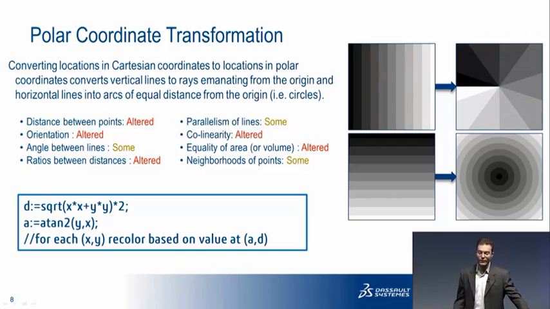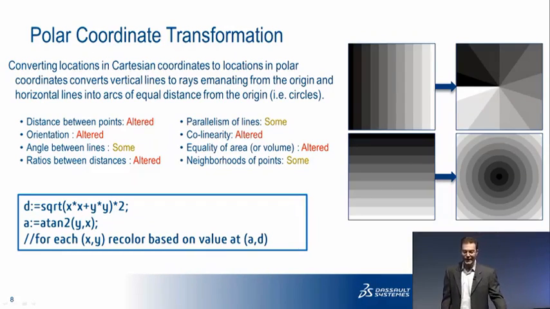So the polar coordinate transformation converts the Cartesian coordinate system to the polar coordinate system, so that in this particular instantiation, horizontal lines become circles and vertical lines become rays emanating from the center of the image. You can do it the other way around if you tweak the mathematics. And so the equation is shown at the bottom of the slide for how you can produce this kind of